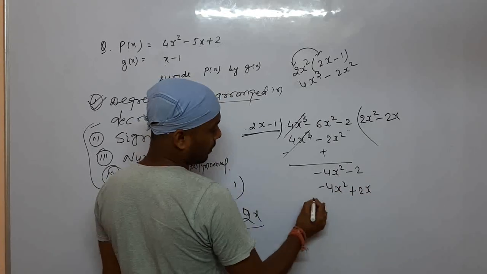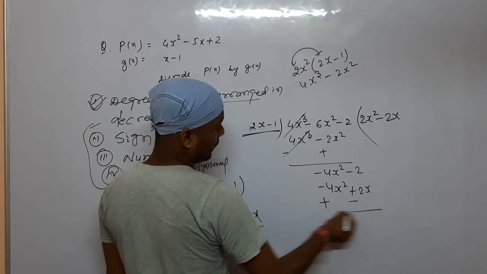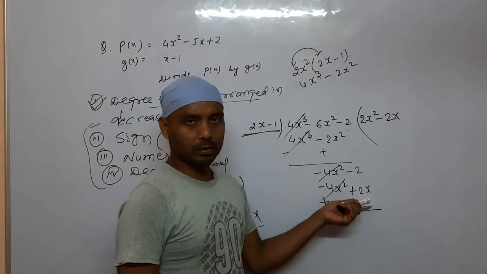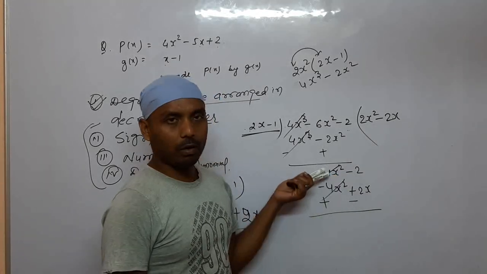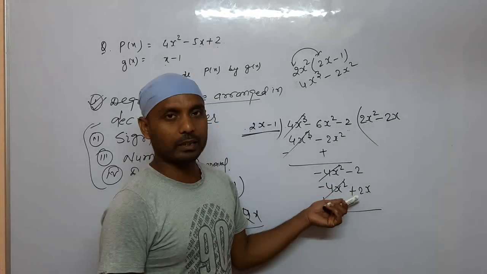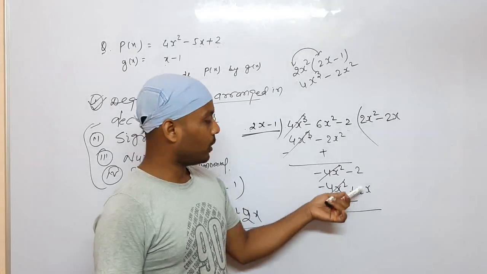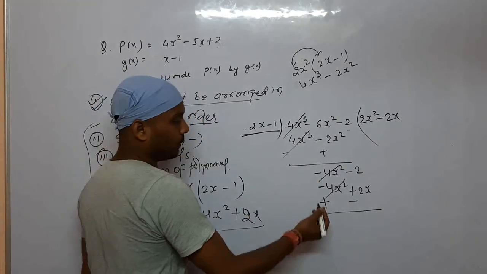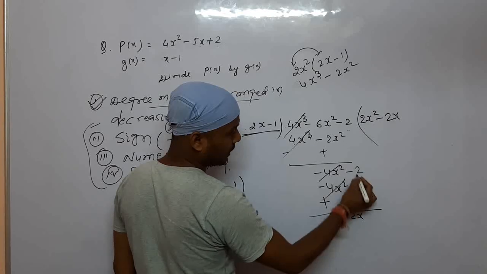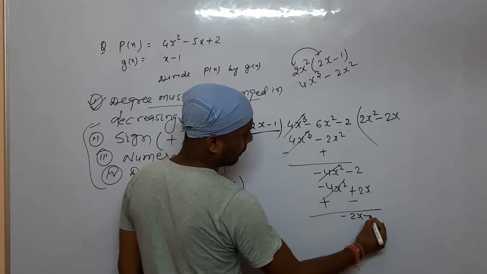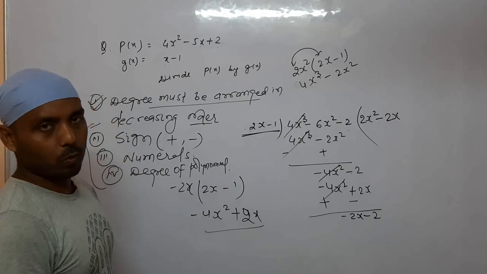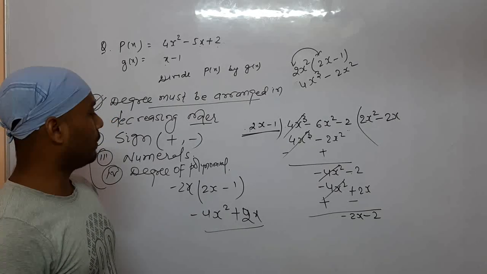Just change the sign. Positive, negative. Cancel it out. Okay? Here's your 2x. In the above polynomial, you have not got the polynomial in terms of x. So if it's not there, just write the simple value. The sign of 2x has changed to negative. Just write it 2 minus 2x, and here you got minus 2. Okay? No need of problem. No error.